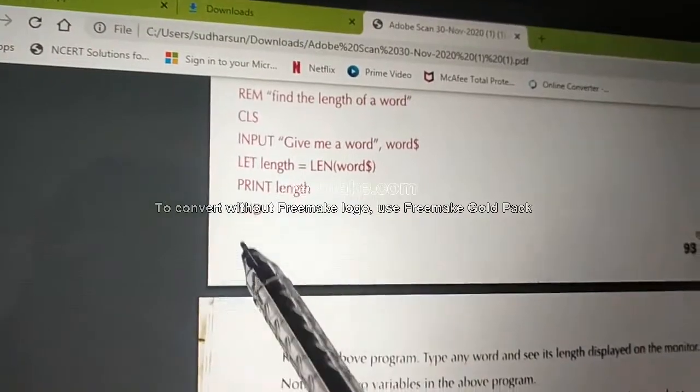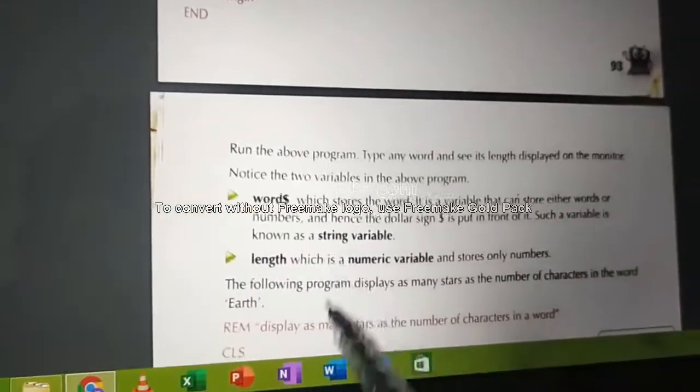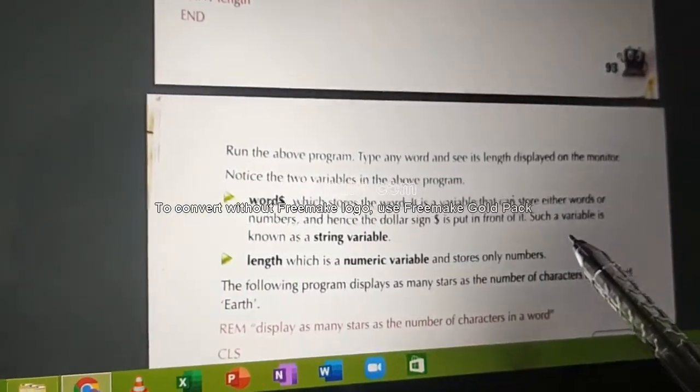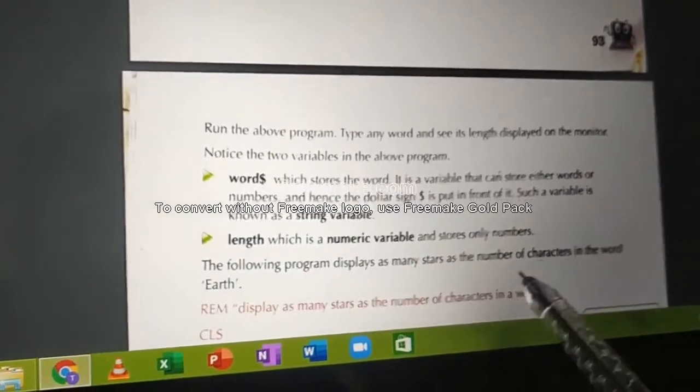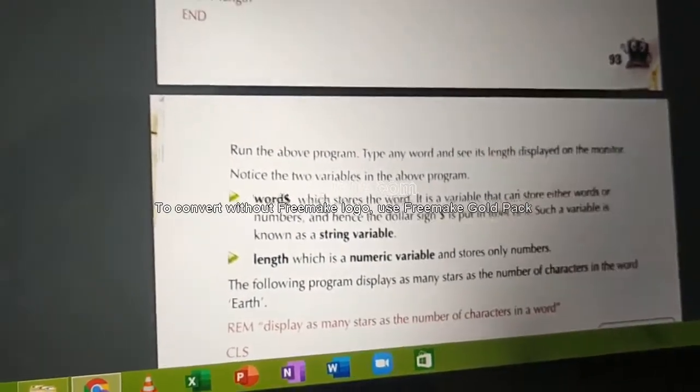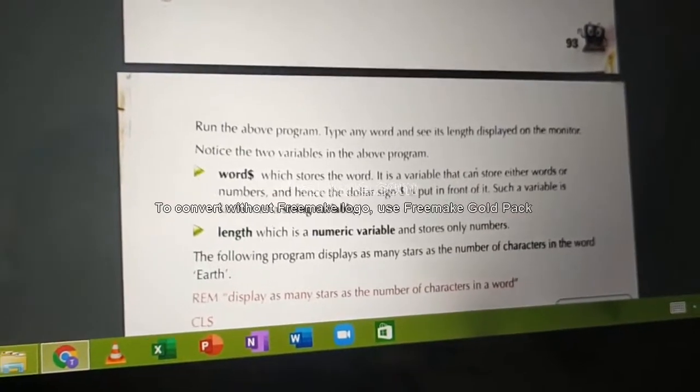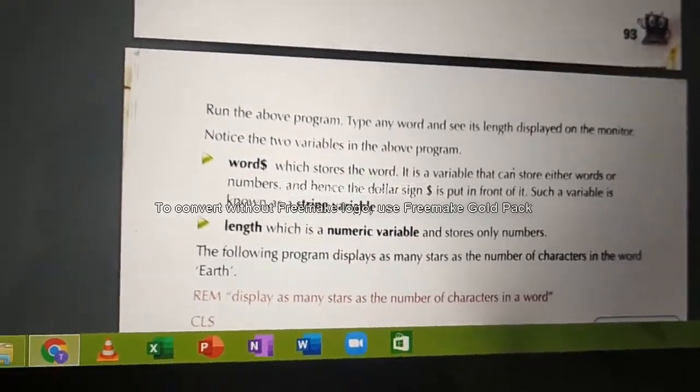This question is over. So what you have to write is from REM to this end, and then these two bulleted points from word to the numbers, and the next bulleted point, numbers. These things are the answer for question number 5. We'll go for question number 6.